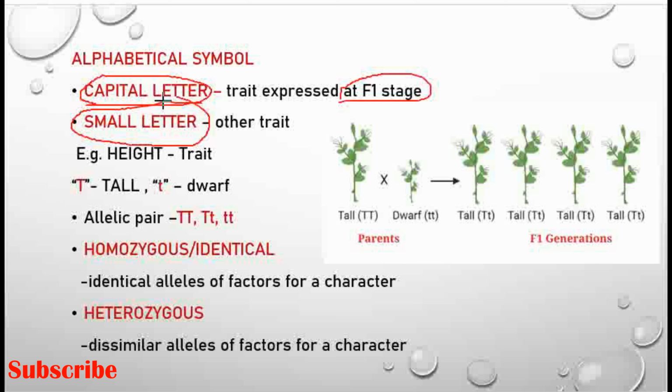So that he expressed with a capital letter for the tall plant character, and a small letter for the other trait. So tall he represented with the capital T, and the small letter he used for the dwarf plants. So if you take height as a trait, he chose many traits, right, like pod color, shape and so on. But if we take height as one trait, for tall he gave the capital letter, and similarly for dwarf plants he gave the